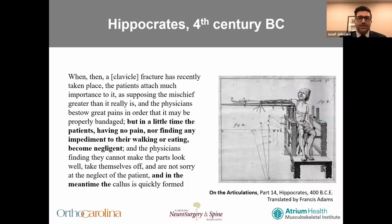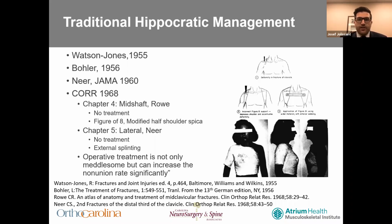So clavicle fractures have been recognized and treated for centuries. When managing these injuries, Hippocrates wrote, "But in a little time, the patients having no pain, nor finding any impediment to their walking or eating become negligent, and in the meantime, the callus is quickly formed." Following in the footsteps of the father of medicine, non-operative management of clavicle fractures became dogmatic and was heavily supported